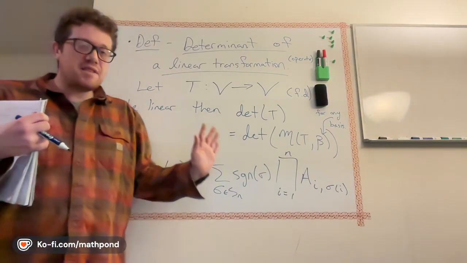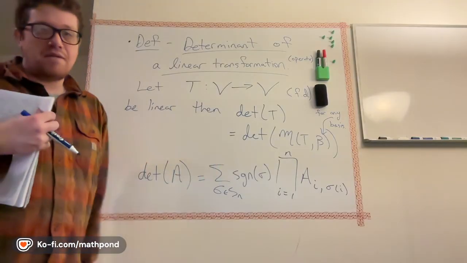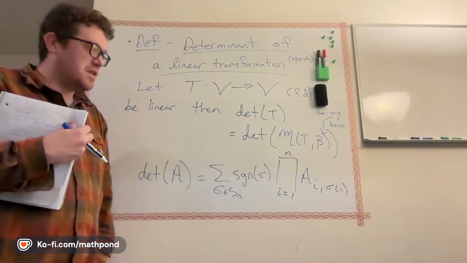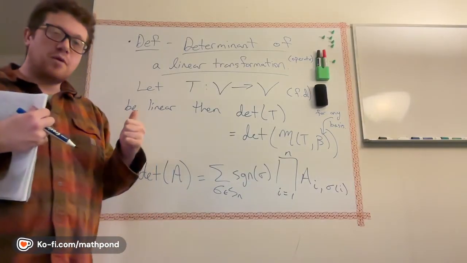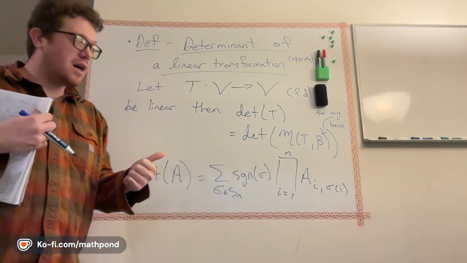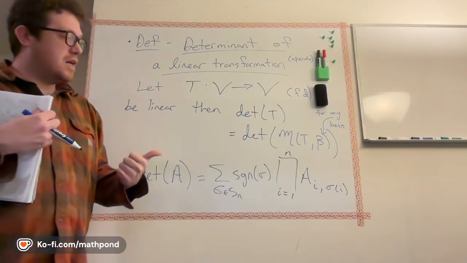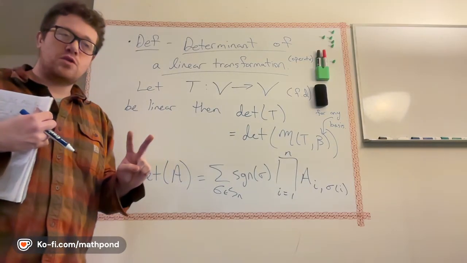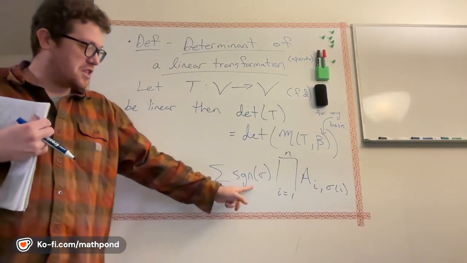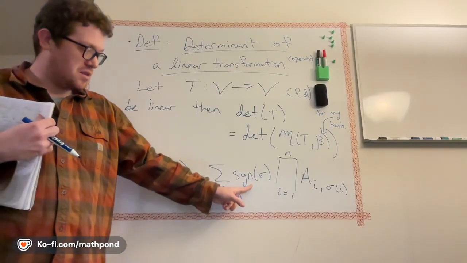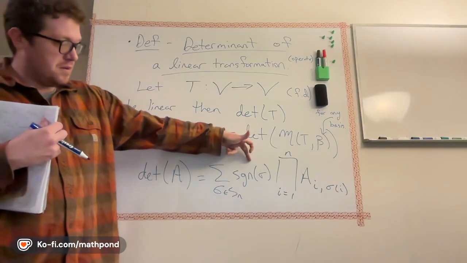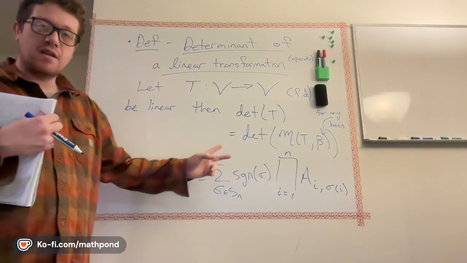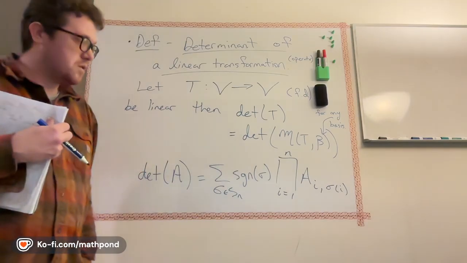All right, and so basically nobody ever uses this definition for anything. What you really want out of this definition is the fact that it's multilinear in the columns and the rows of the matrix. It's alternating in the sense that if you swap any two rows or columns, you change this sign here. So that's the point of this sign term here, plus or minus. If this term wasn't here, then you wouldn't get this alternating effect when you swap the rows or columns.